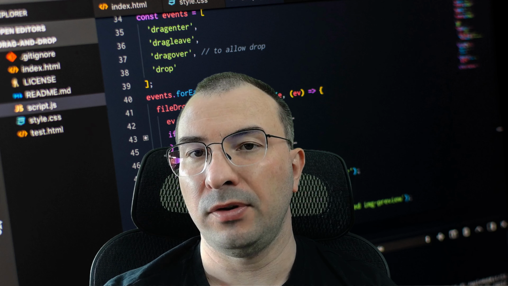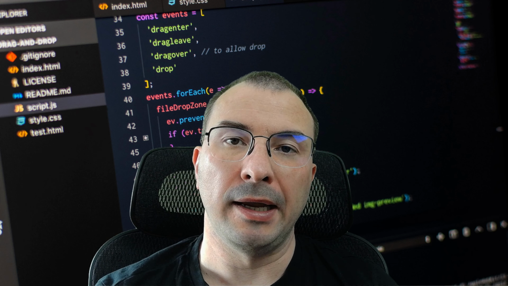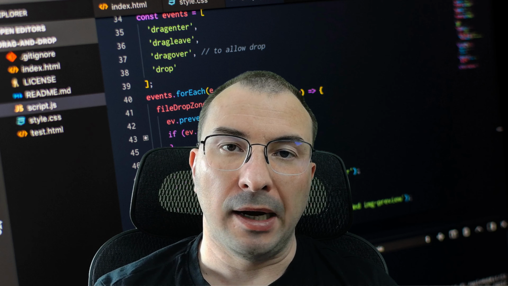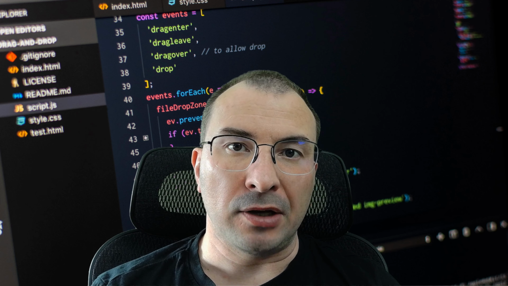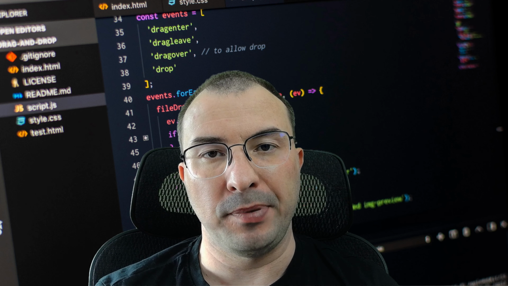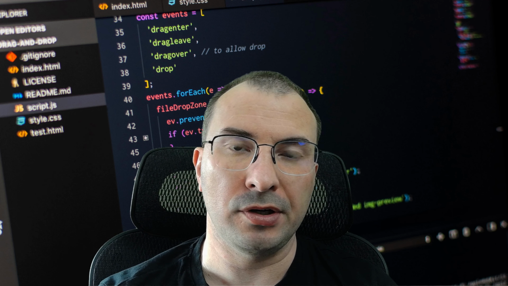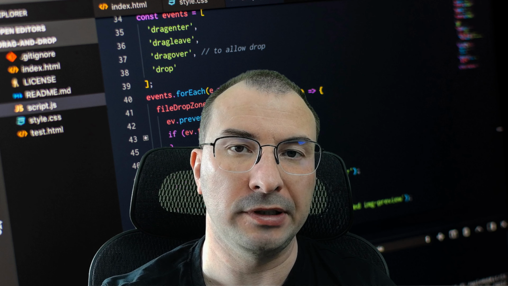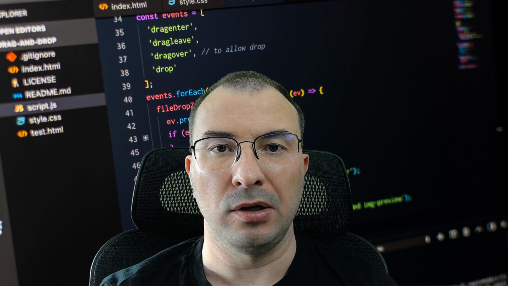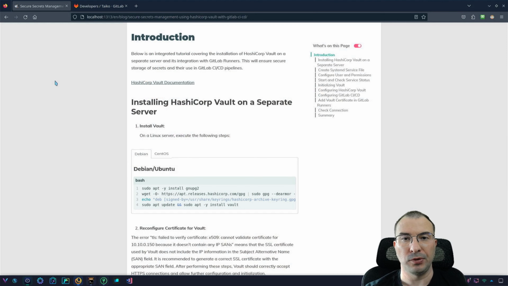Hi, today I would like to talk about GitLab and HashiCorp Vault. I decided that I don't want to store logins and passwords inside GitLab because there are two issues that I don't really like. So I'm going to present how it looks, and you will be able to